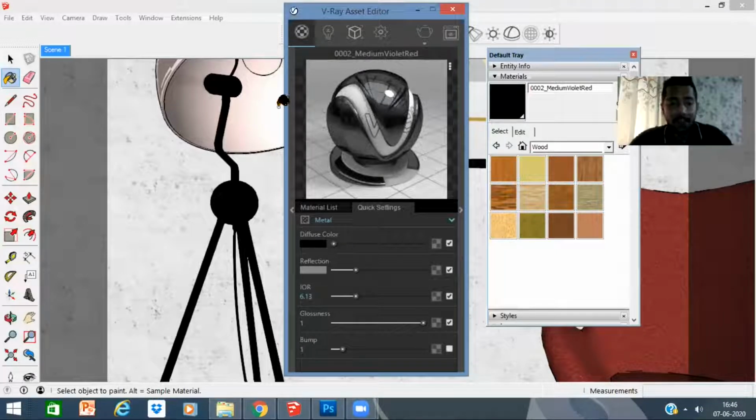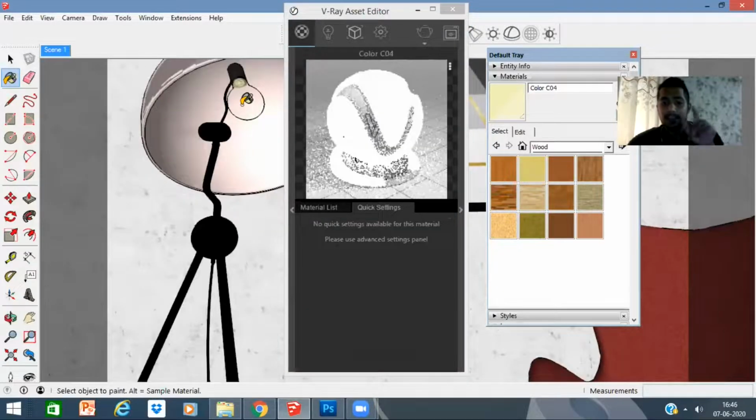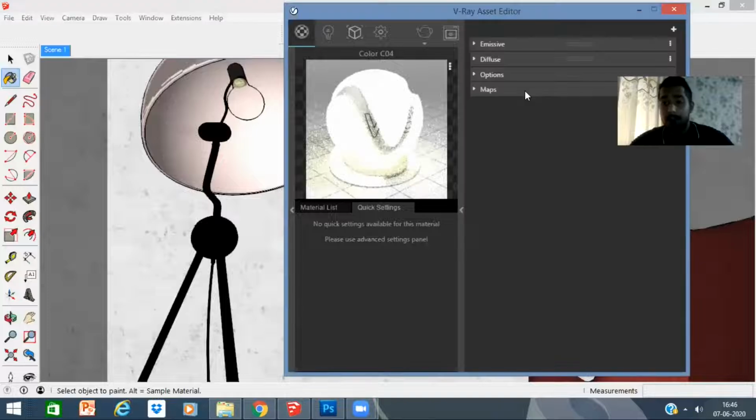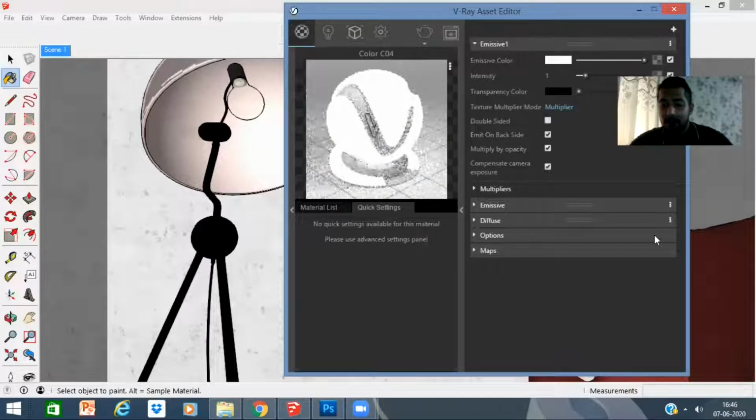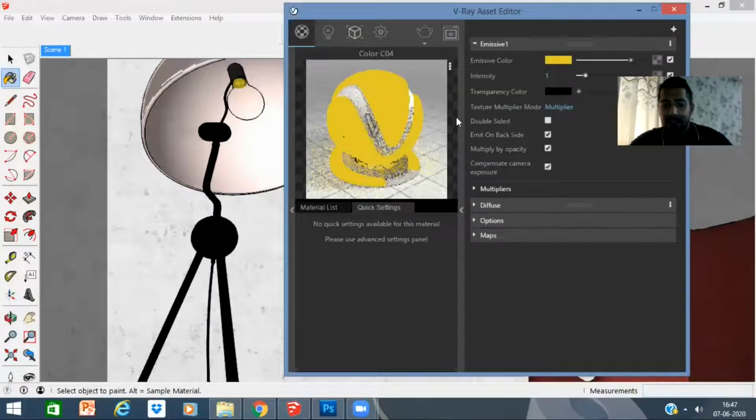All right, so as you can see here, I am going to select this bulb, guys. You can see this bulb is glowing. Now I'll quickly show you how to set the glowing bulb as well. Over here, we basically add a property called emissivity, guys. I'll remove this prior emissivity and show you this. You can see here I can set the color, which is yellow, and I can increase the intensity, guys, over here.